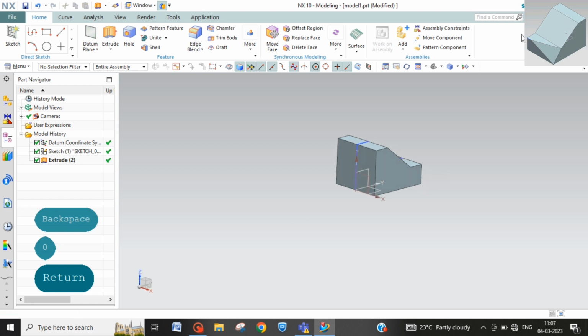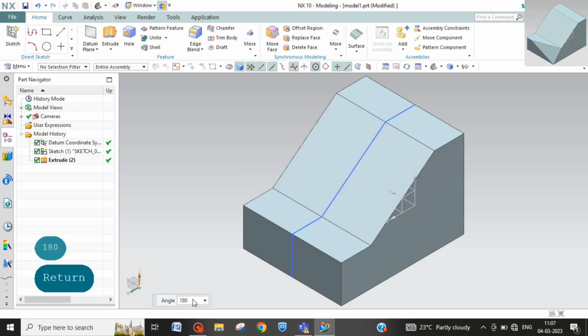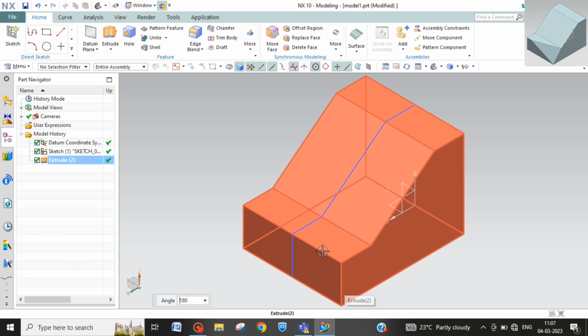I need to orient, make it ISO. Take this and put 180. Okay, so now here we have some cut like this from till here. How will you do that? We need a plane over there at this angle. So for that I am doing